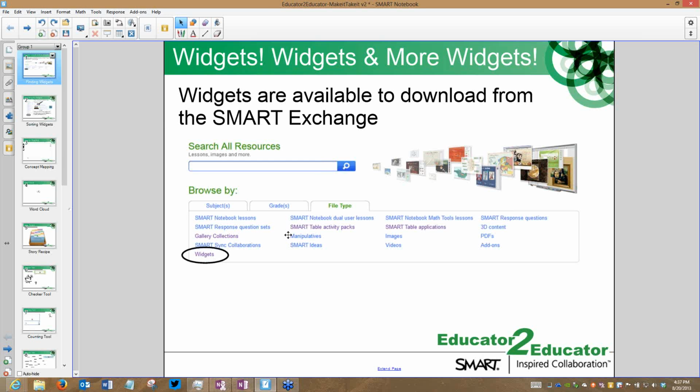I love the Activity Builder. That was one of the coolest tools of Notebook 11 when that rolled out. I had a blast with it. I created all kinds of different little lessons, from very, very simple kindergarten lessons all the way up through senior level government, and it's incredible what you can do with Activity Builder because it's such a versatile tool. If you go out and look at the Smart Exchange and look for Activity Builder lessons, you can find that people have created hundreds, probably thousands by this time, and posted them out there. It is a great, great tool. I love it to death.